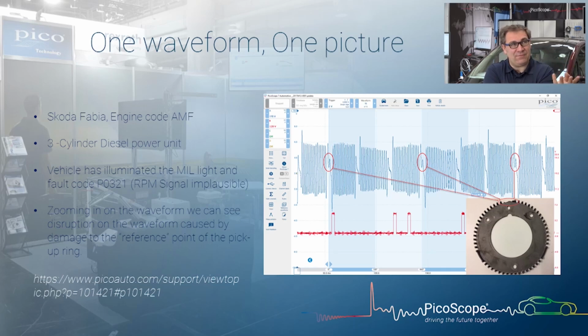This is again from that one waveform, one picture thread on our forum that I showed you about earlier. So we'll put a link on the video as well so you can get to all those. It's really, really nice to be able to see the faulty component against the waveform. So have a look on there, it will show you just where PicoScope fits to problems you will see daily